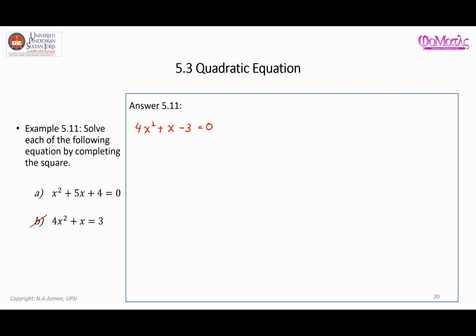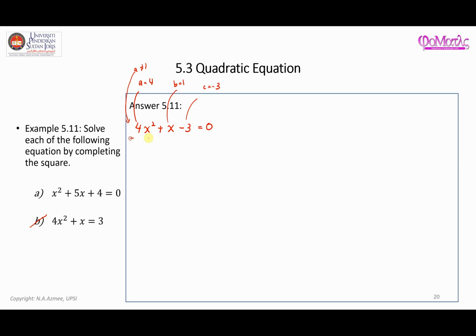Now you can see clearly that A is equal to 4. This is the coefficient of x, which is 1, B is 1, and C is equal to negative 3. So since A is not equal to 1, then what you need to do is